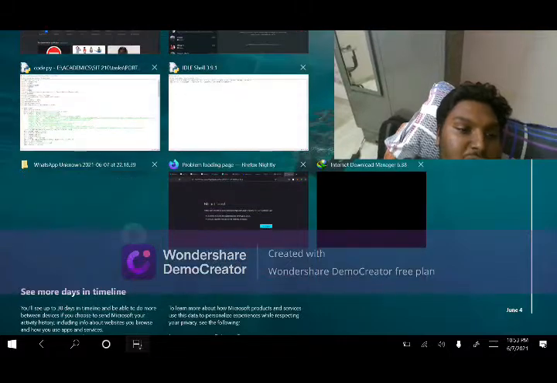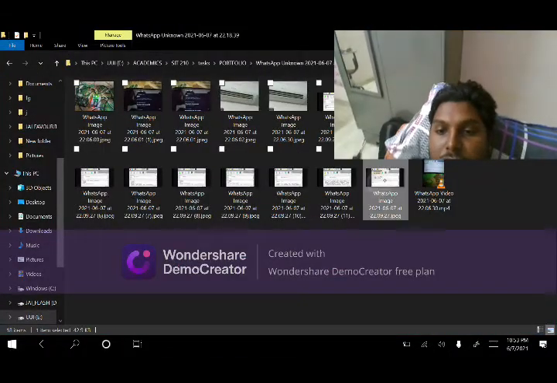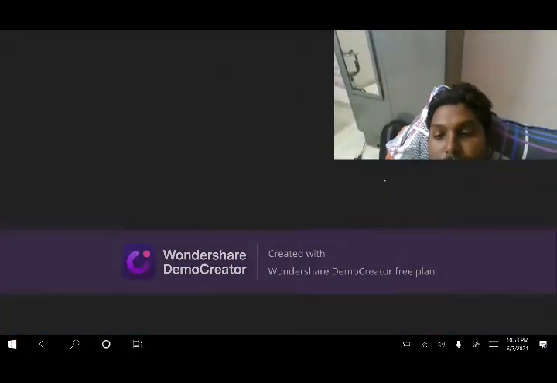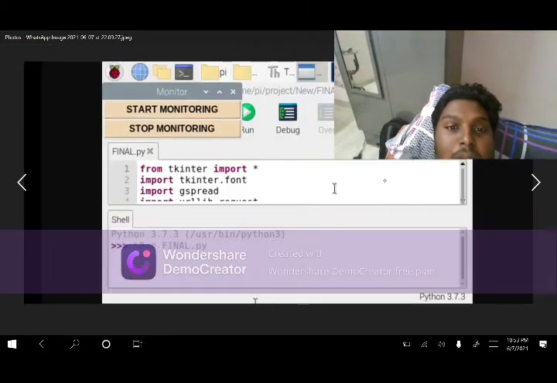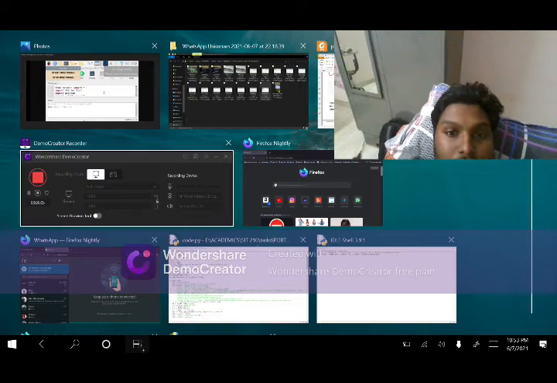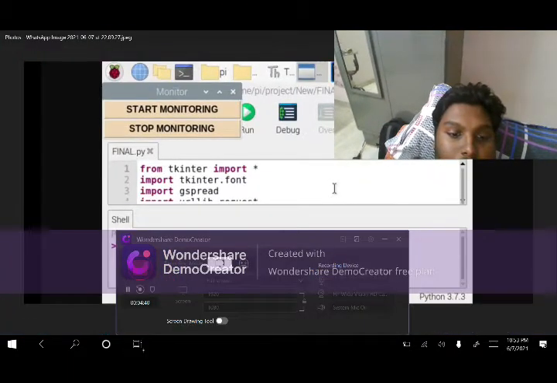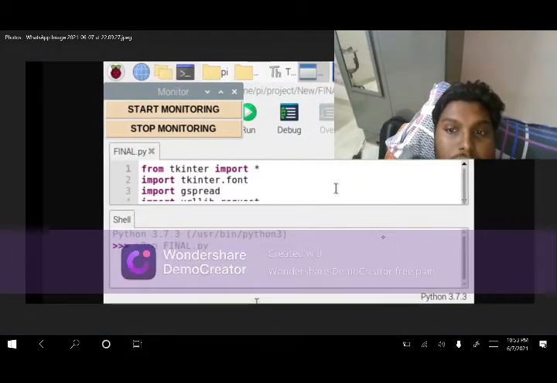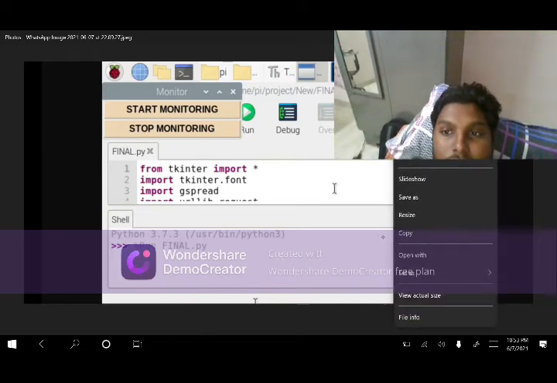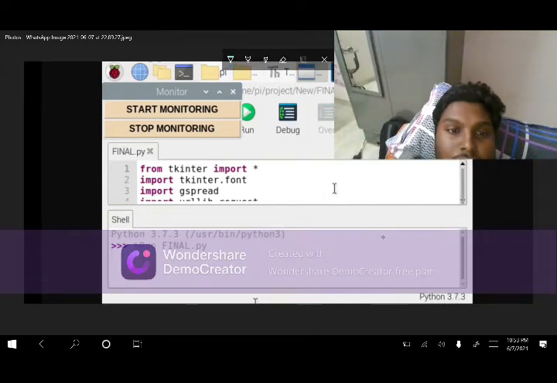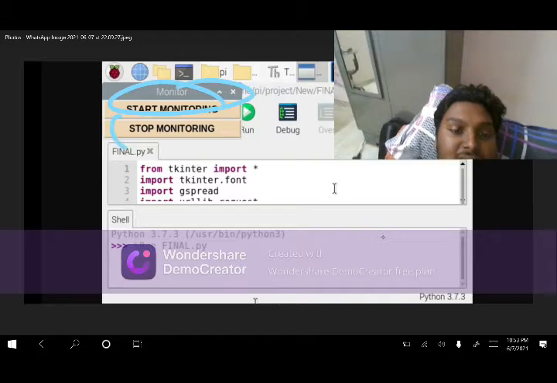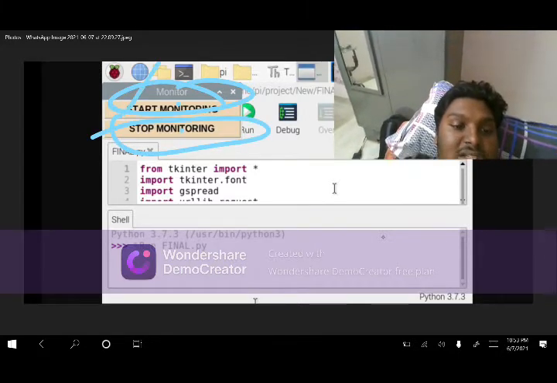Before that, I'll show you my GUI application, so you can see this. When you run the code, this is the GUI application you will be getting. There will be two buttons: start monitoring and stop monitoring. Once I click start monitoring,